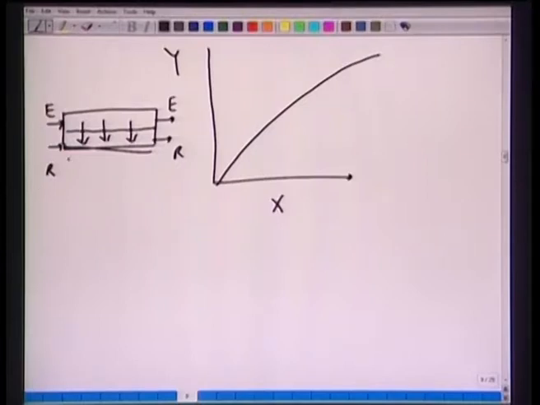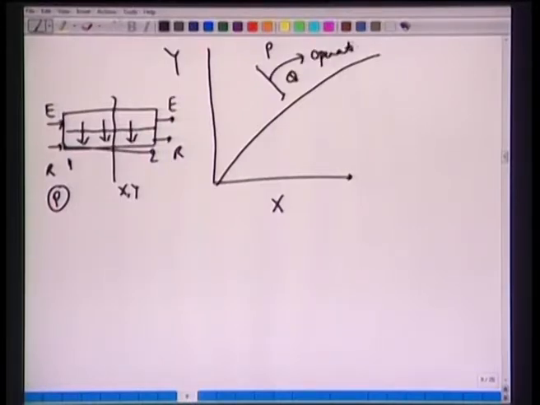So one can again make this material balance between 1 and 2, or between any locations between 1 and 2, x and y, to obtain a similar linear equation, except now this point 1, if we call it P, is marked here as P, and we will get a straight line which will go from P to Q as an operating curve. So there is no difference between the two, except that now we have this operating line on top of this equilibrium curve. So here we are discussing the mass transfer from the E phase to the R phase.